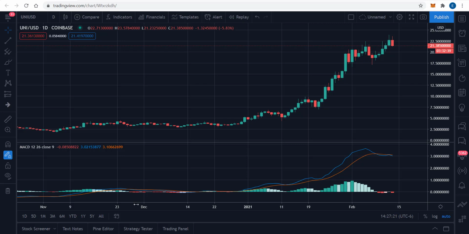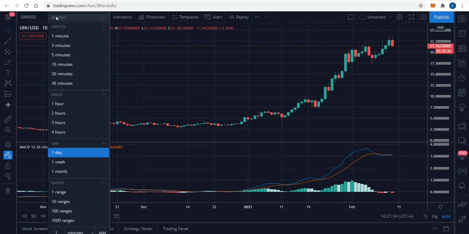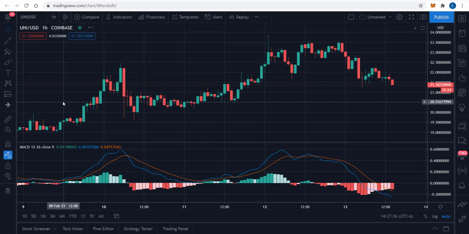And as I've mentioned in other videos, the MACD I don't find as valuable during, we'll call it, flat markets, and certainly strongly trending markets like this one. Let's take it to a lower time frame and see if there's anything there.